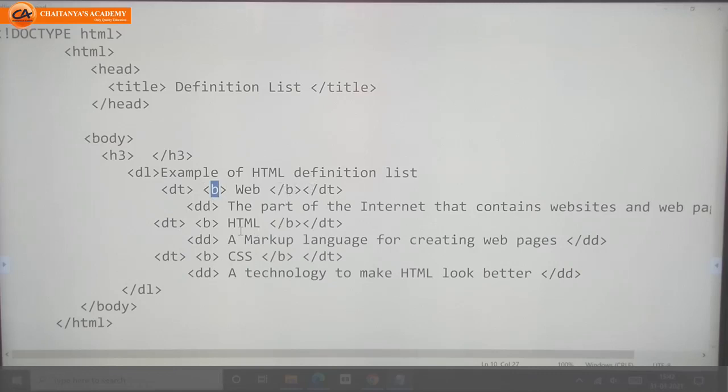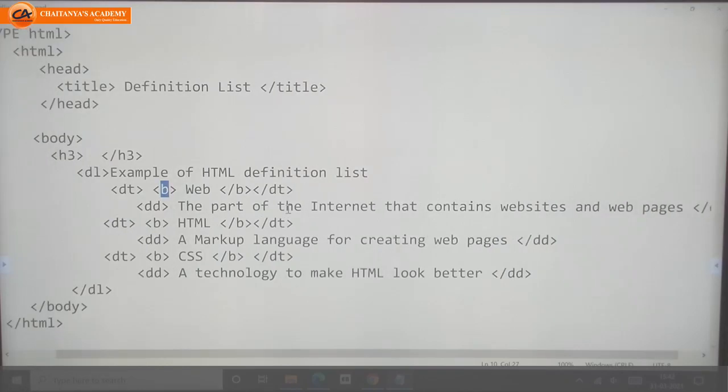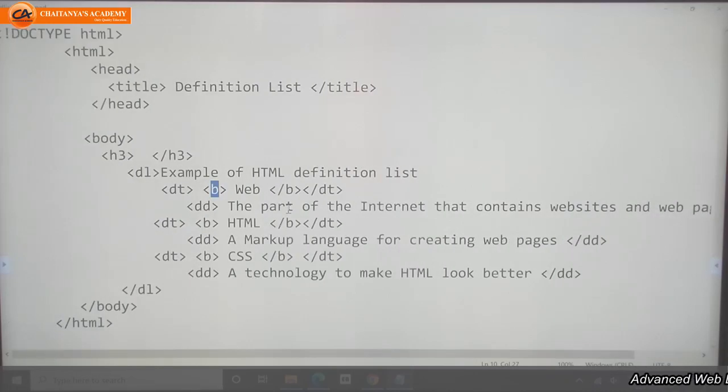If you want to change color, you can do that. But to give numbers or symbols, we need to use the ordered list or unordered list tag. And without numbers or symbols, we need to use this definition list tag to display a list.